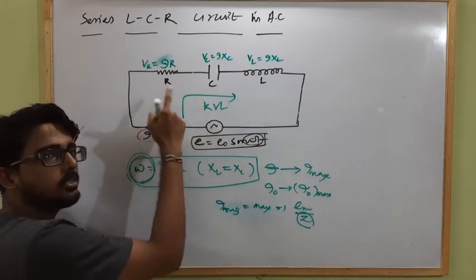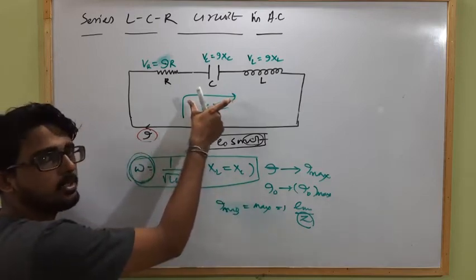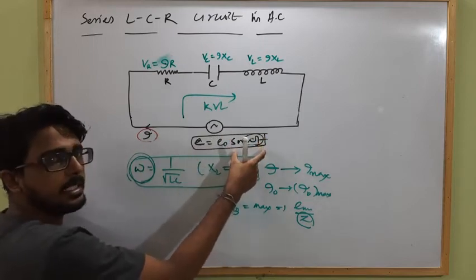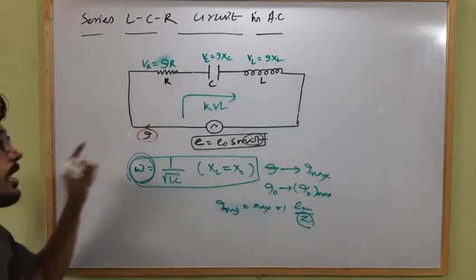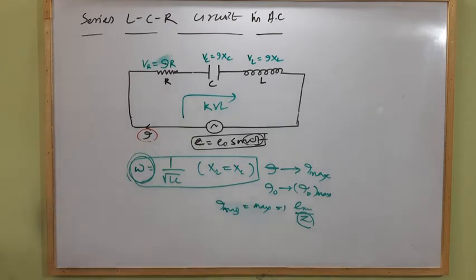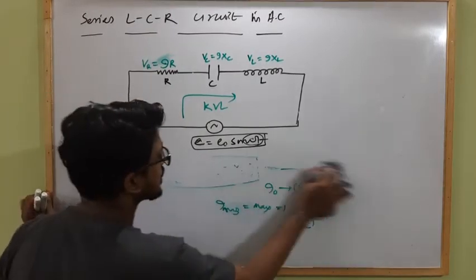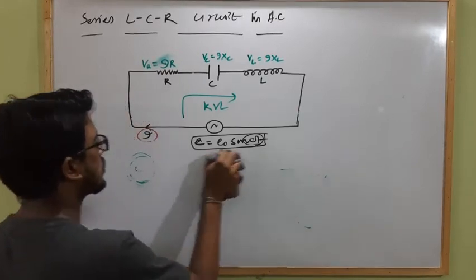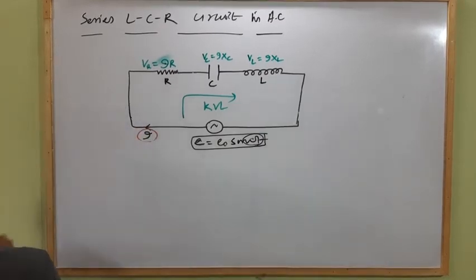So when the natural frequency of the LCR circuit matches the given frequency of the supplied alternating EMF, then only the maximum current passes through the LCR circuit, and at that instant the electrical resonance takes place. Clear? So what is electrical resonance? We already know this is the natural frequency of the given LCR circuit, and it is fixed for a given LCR circuit, and it varies from one series LCR circuit to another. So what is resonance? Electrical resonance.